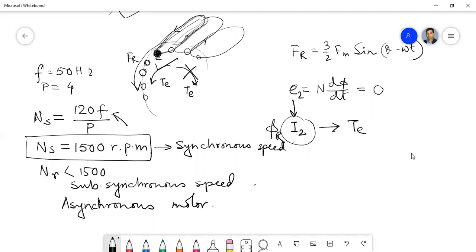If you ever see a fan motor, where fans are repaired, you will see that this fan also has a similar squirrel cage structure and the rotor bars are skewed there.